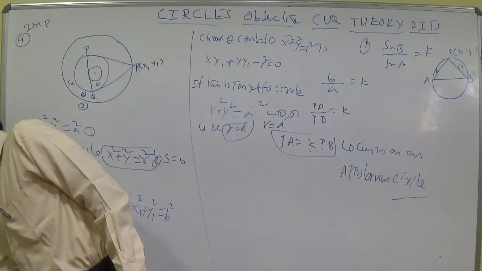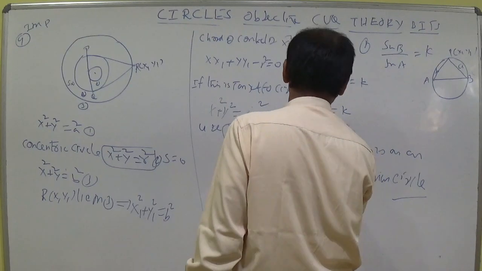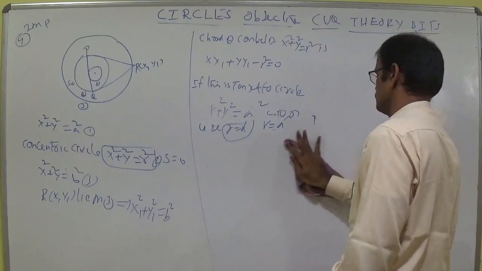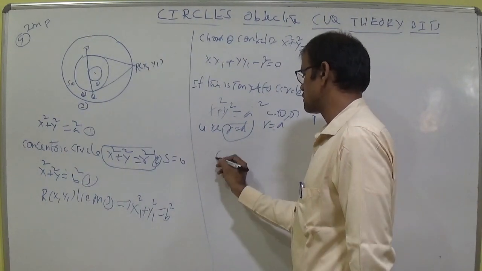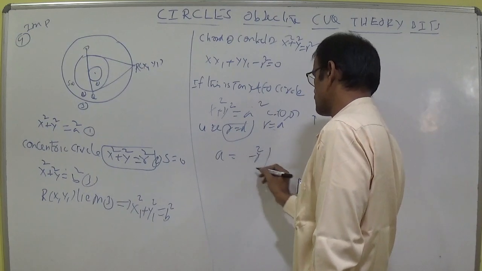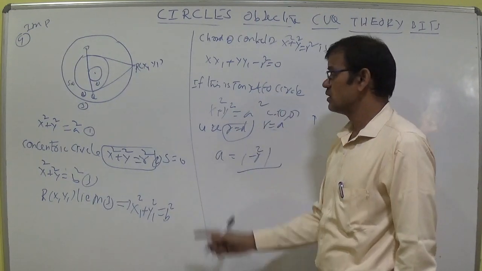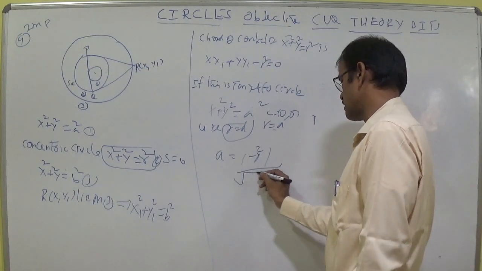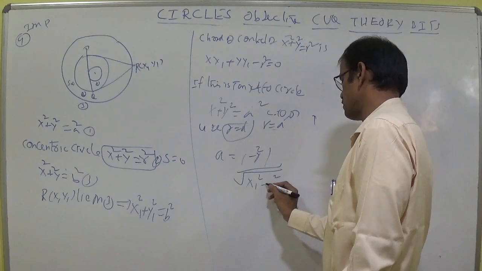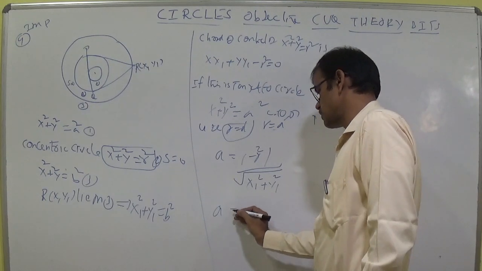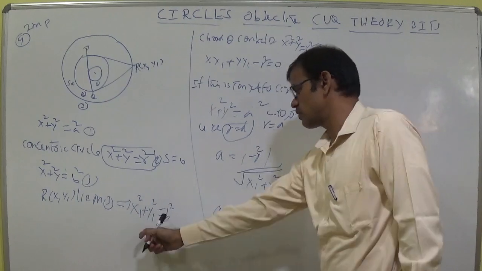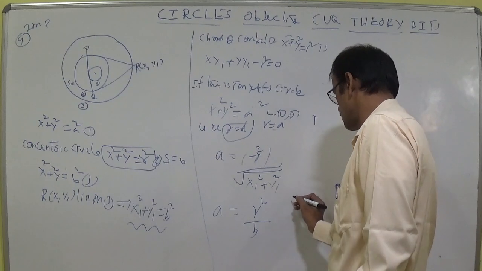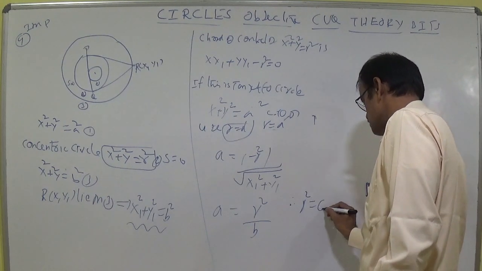So you can say that a is equal to modulus of minus r square, because mod 0 0 from (0, 0) to this line, mod c by root of a square plus b square concept, minus r square by x1 square plus y1 square. So you write here a is equal to r square by using this one, x1 square plus y1 square is equal to b square. So simply you write here b. So r square is equal to ab.